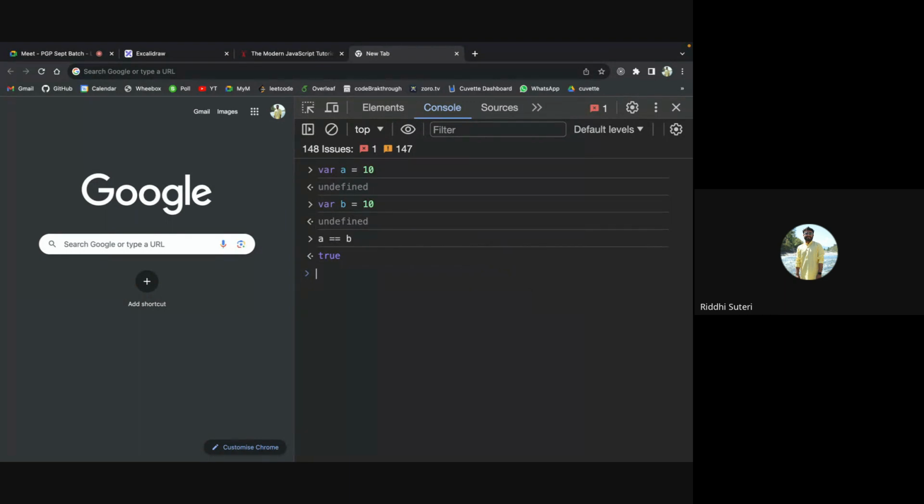I will get true, right? Because obviously 10 equals to 10. What will happen if I add a third equals to here? This will still give me a true, right? That is fine. But what if I now make variable b equal to the string "10" and try a double equals to? It's still receiving true. Why?